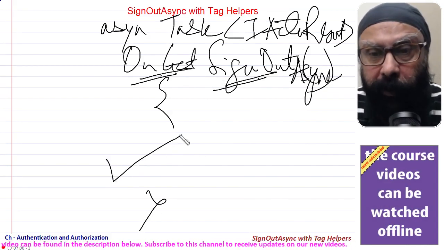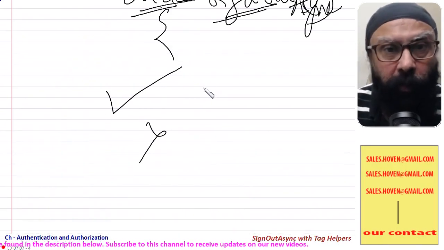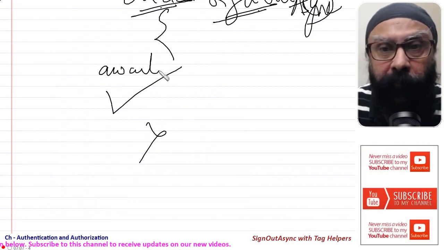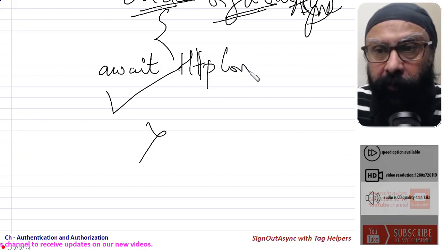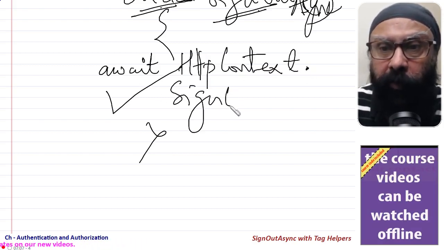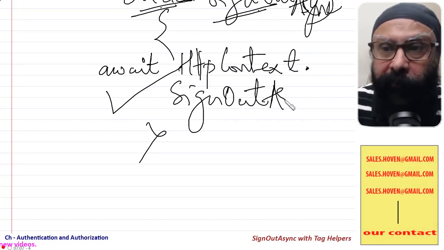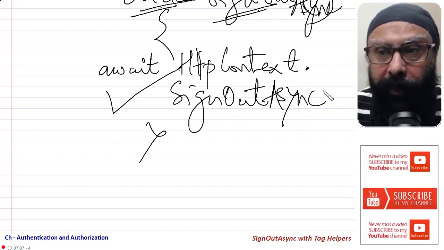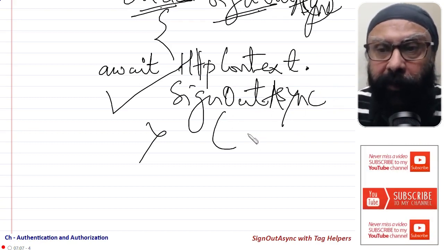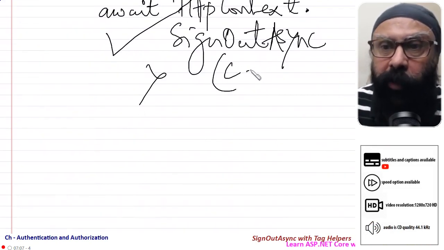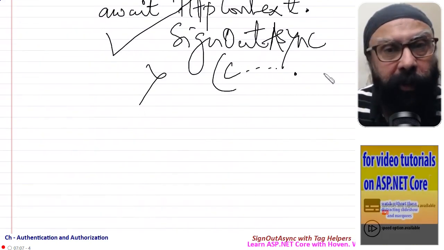So what happens inside this function is of interest now. You only need a single line of code, await HttpContext.SignOutAsync. This SignOutAsync is a ready-made function available on HttpContext, and this function accepts an argument of this scheme that I was telling you, CookieAuthenticationDefaults.AuthenticationScheme.